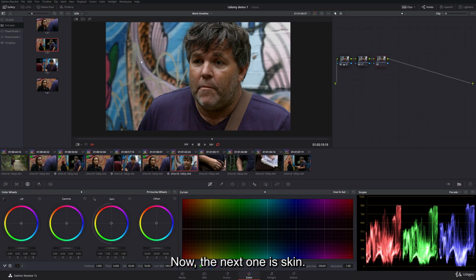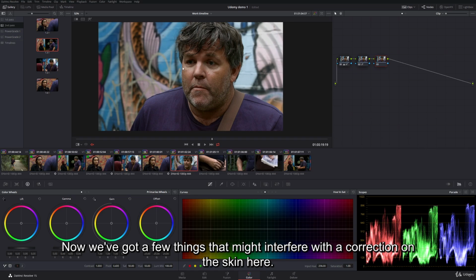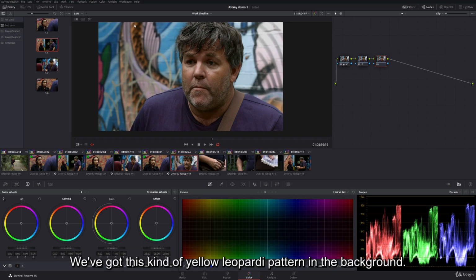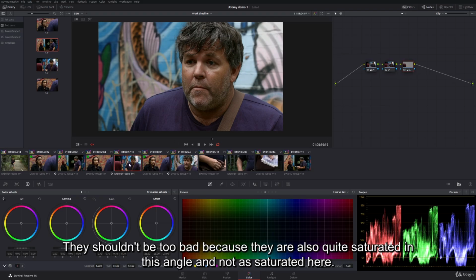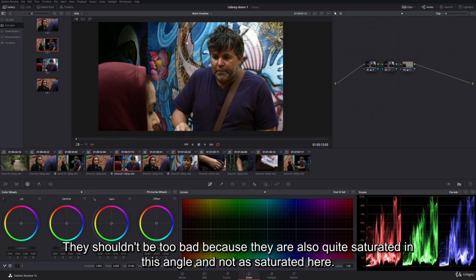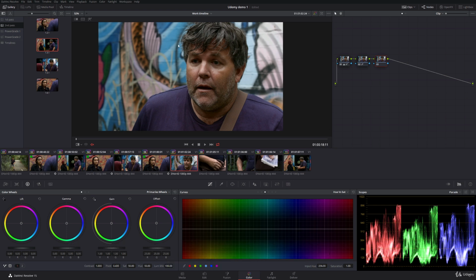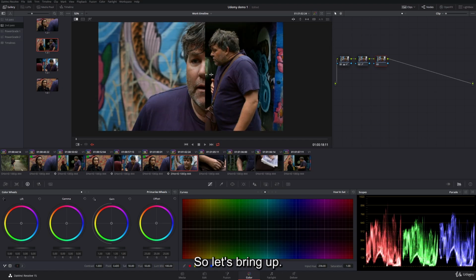Cool, now the next one is skin. Now we've got a few things that might interfere with a correction on the skin here. We've got this kind of yellow leopardy pattern in the background, and we have the pink in this flower. They shouldn't be too bad because they are also quite saturated in this angle and not as saturated here, so actually that plays to our advantage. We can correct everything at once. So let's bring up